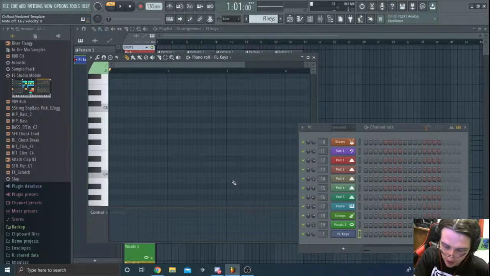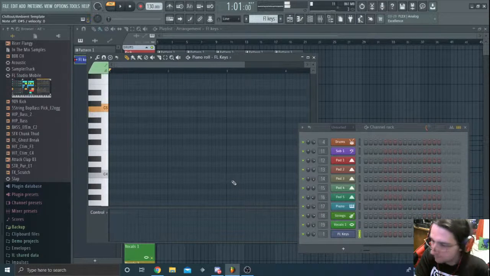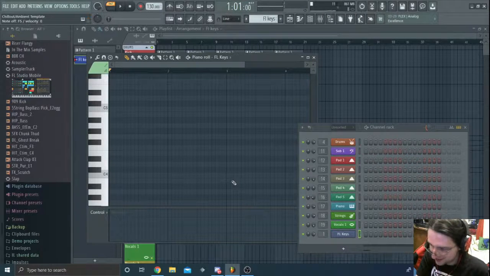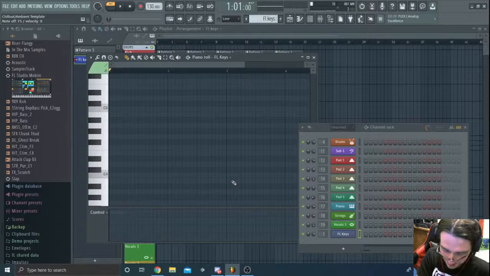Nah, it was the lower octave. Okay, so... How did it go again? This one? Okay. So... It went something like... And then... And it had to be daisy chained together.